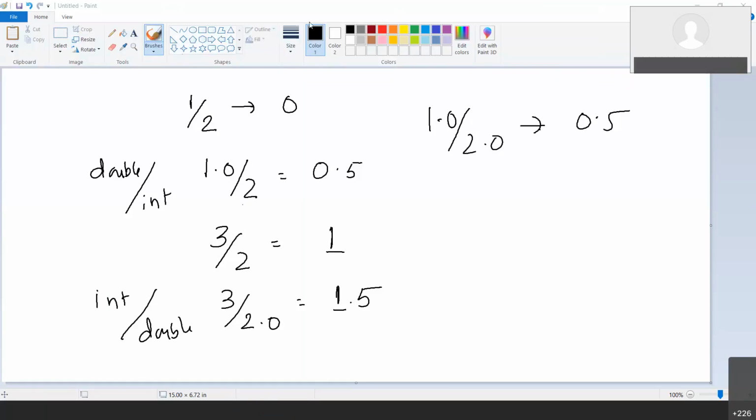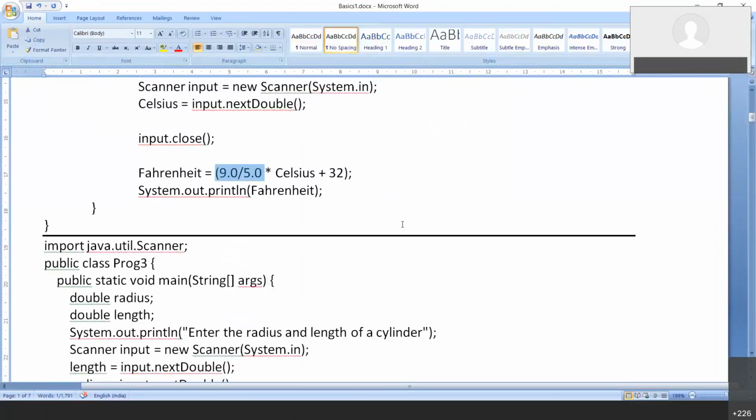Okay, so let's continue. First code is over. As I said, this semester the papers will be hard and you should work very hard. So let's start with the next example. Okay, kindly pay attention. No help will be given to you. Kindly concentrate only on Java because I can only guide you about the coding languages.